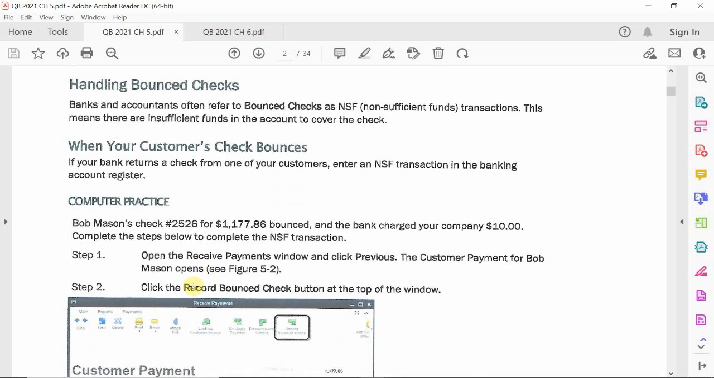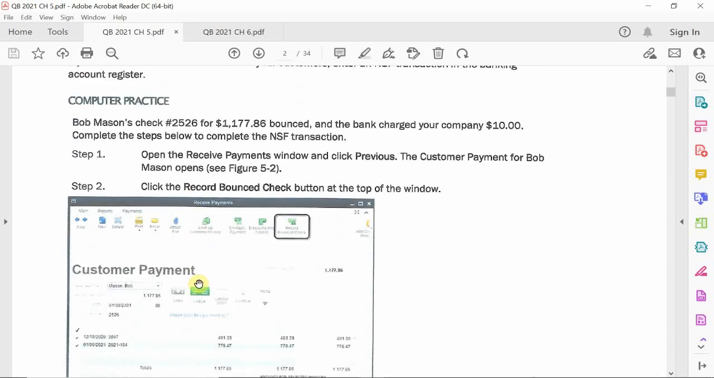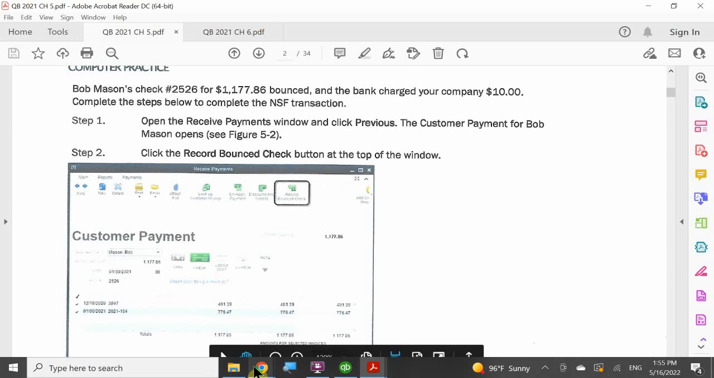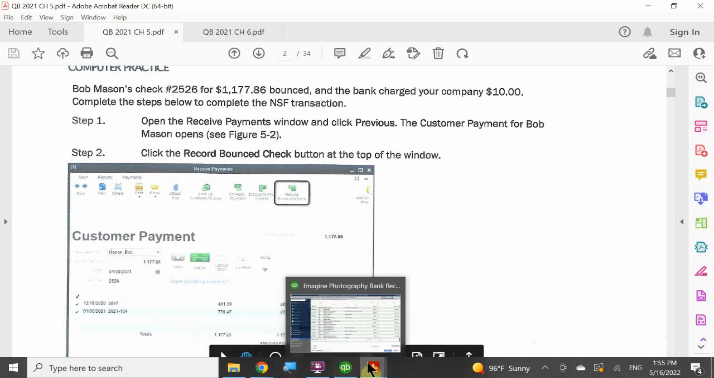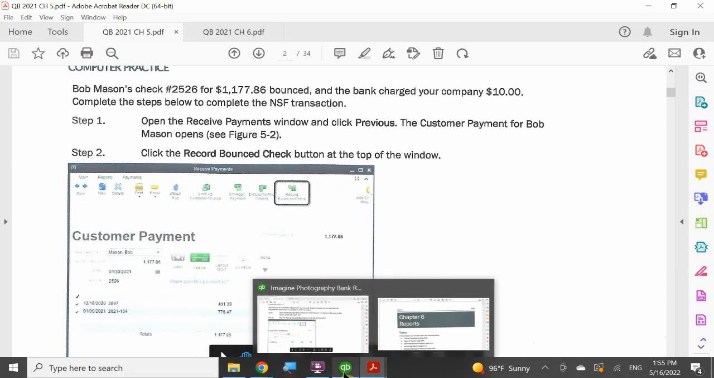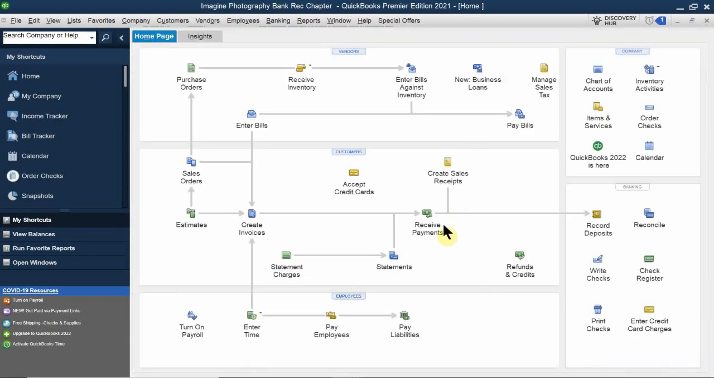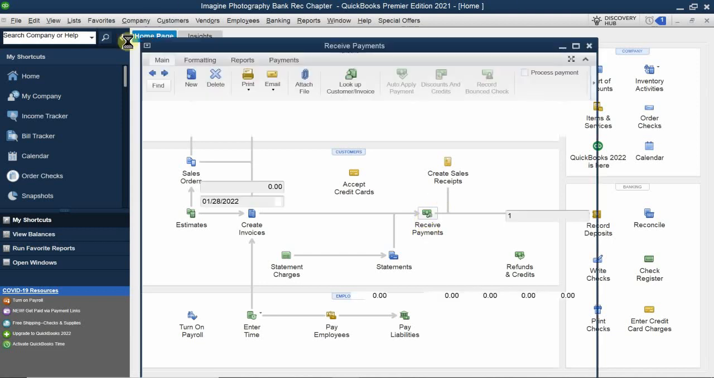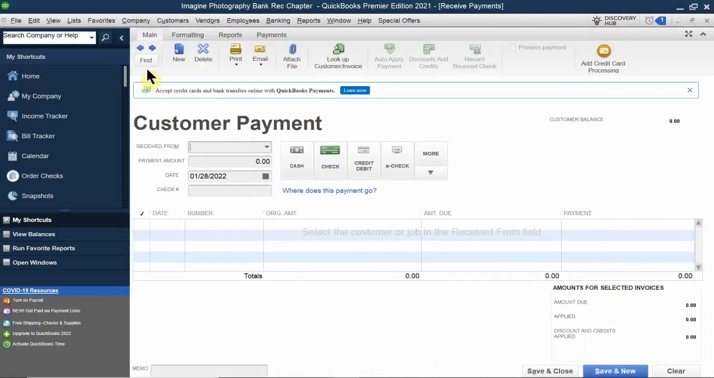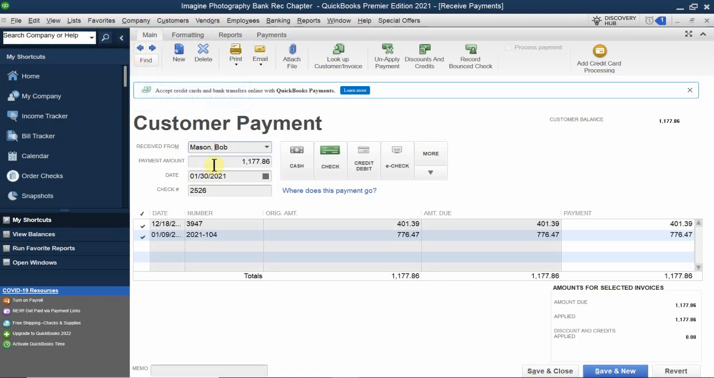Mr. Bob Mason once again is going to write us a check. Okay? So let's go ahead and locate his check real quick. Now, in this case, what they tell you to do is use the customer payments window, so receive payments, and click on that back button. Now, sometimes it works, sometimes it doesn't. So in this case, yes, Bob Mason was the last person who wrote us a check